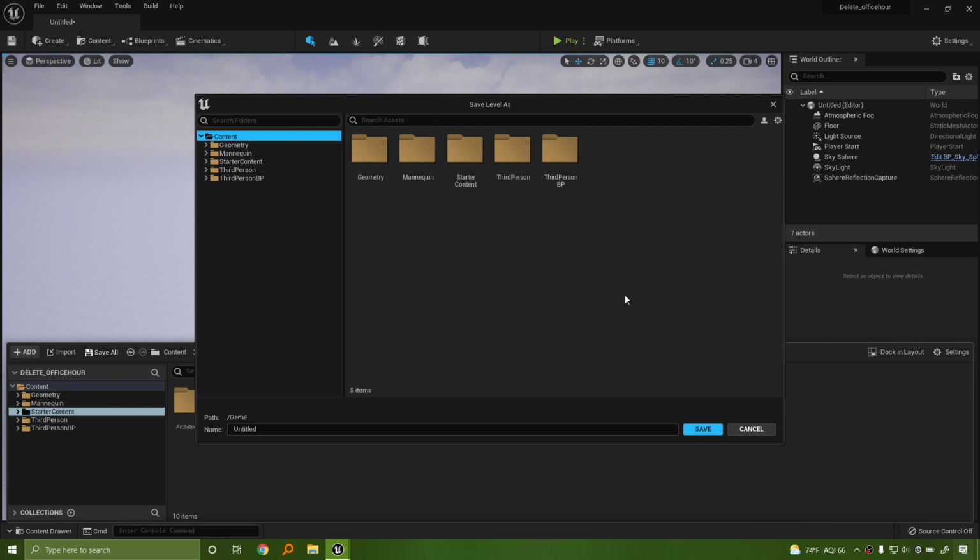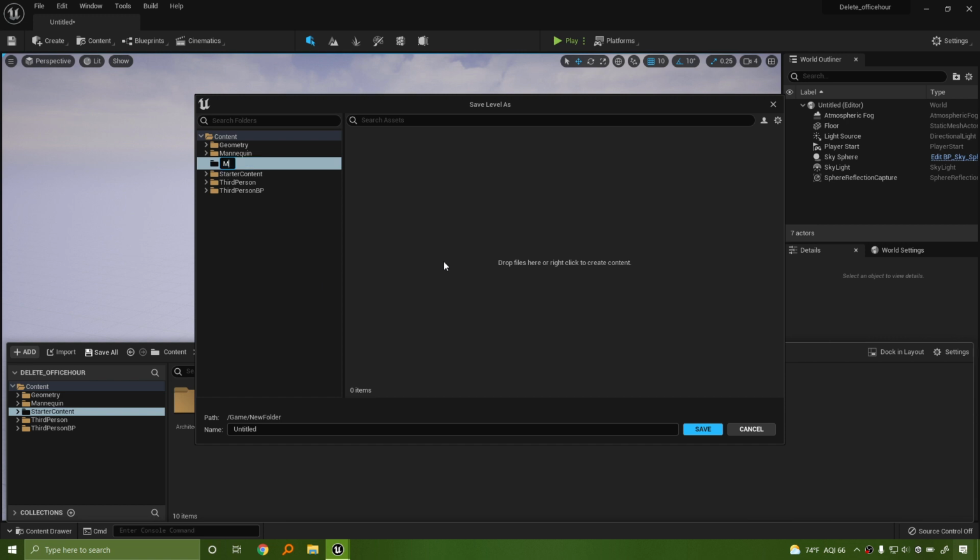So generally good cleanliness for your files is if you want to save a level, and this level is not part of the saved files, and you can see I didn't start this project with third person or first person content, so there's no default map. If it asks to save a level, I'm going to go ahead and call this maps. I'm going to make a new folder by right clicking the background here, calling it maps, making sure I have maps selected, and then I'm going to call this default something. Call it whatever you'd like.